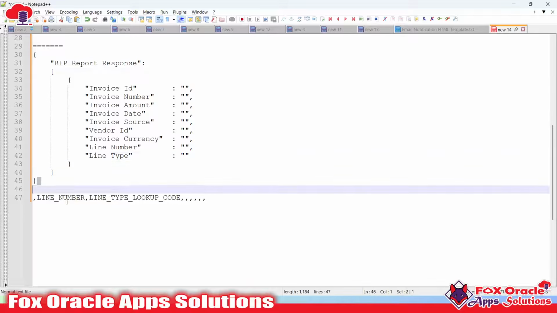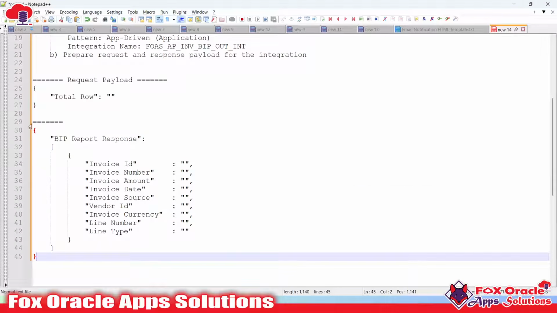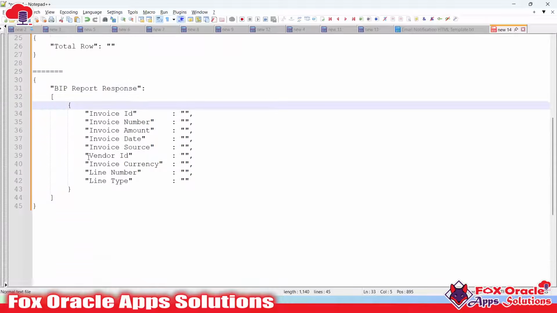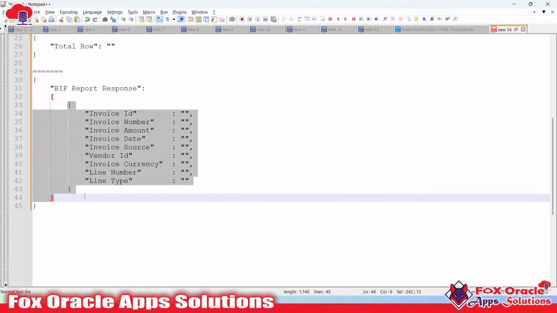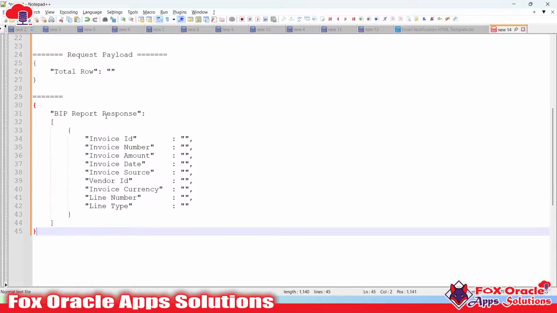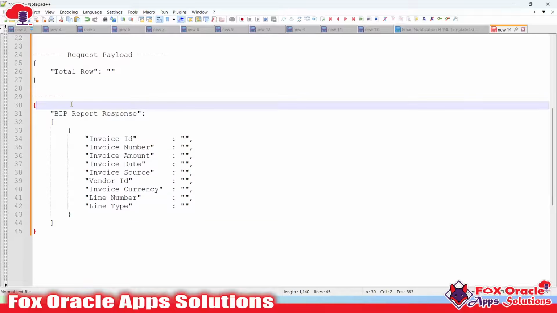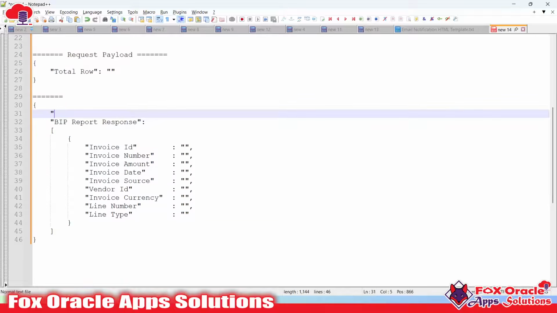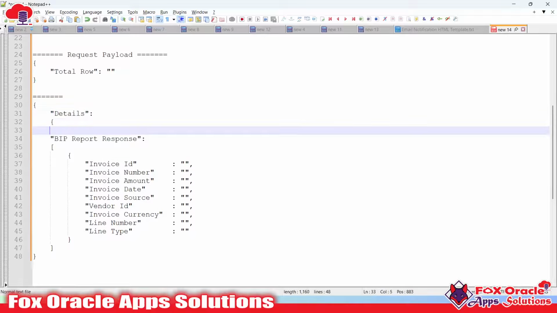But I don't want to return only these values. With these values, I also want to return how many records there are, and all the details, right? So for that, I want to make a header here, just like details. In the details, I want to give details like